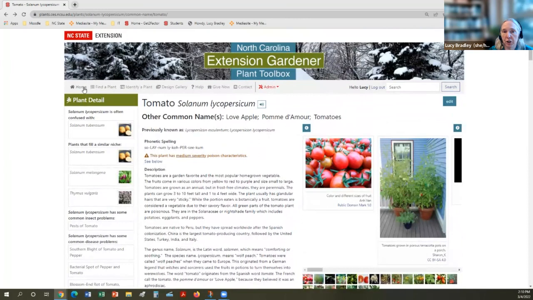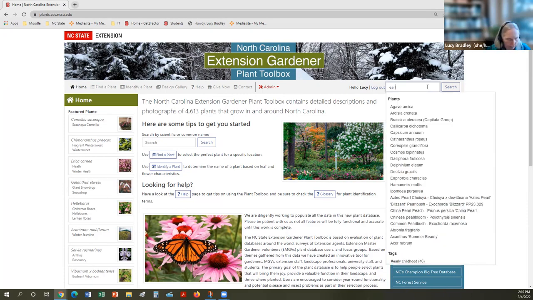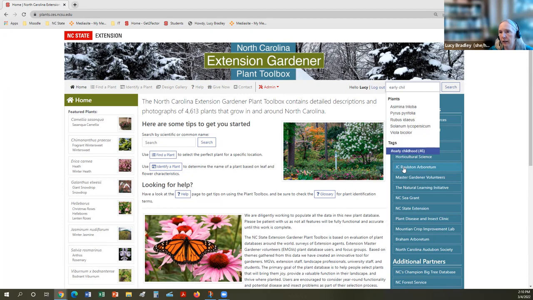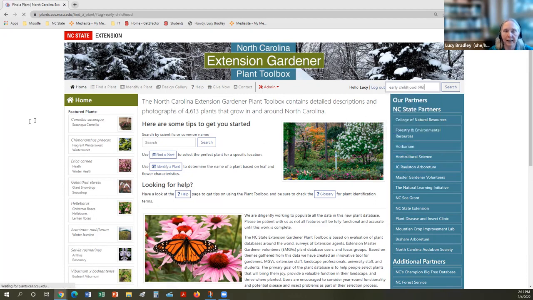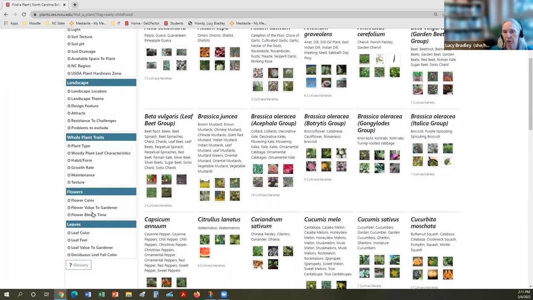That is what I wanted to show you, was how to navigate the site to find edibles for your garden. So remember, you come to the home page, you type in early childhood, click on it, and then you can use these tools over on the left to narrow your field